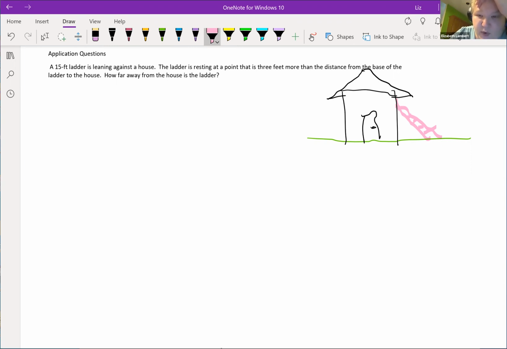It's resting at a point that is 3 feet more than the distance from the base of the ladder to the house. All right, so base of the ladder to the house. So the base, usually the one on the bottom, to the house. Because the other part of the ladder is on the house, so its distance to the house is 0. The other end has a distance to the house. And then where the ladder is resting, here,